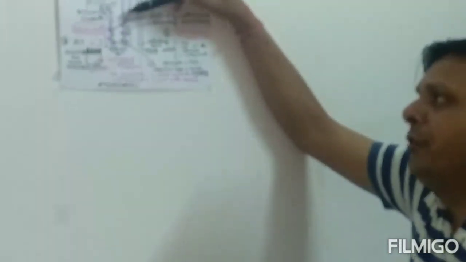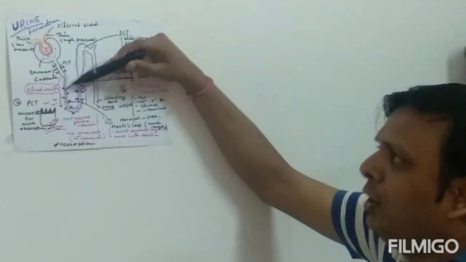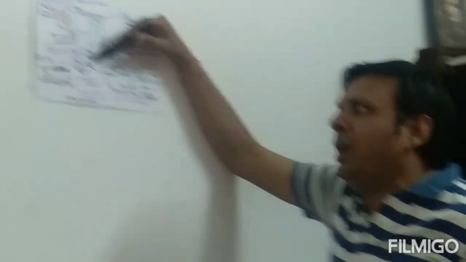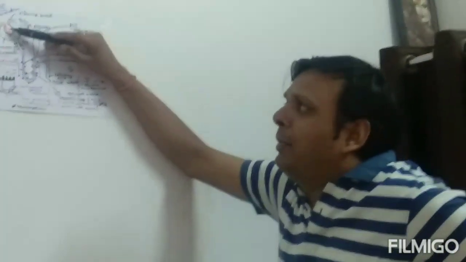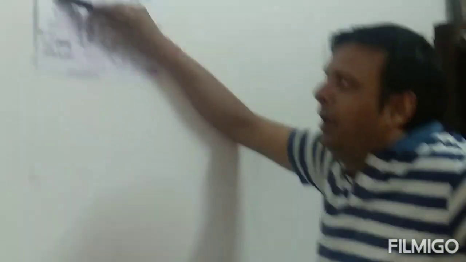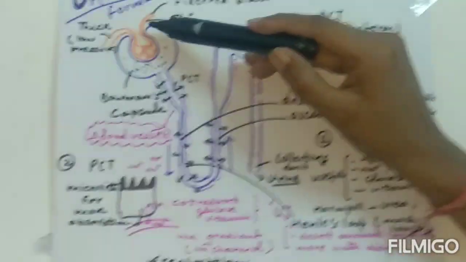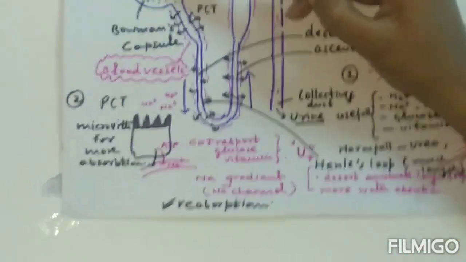The descending limb is involved in reabsorption of more and more water molecules, and the ascending limb helps in absorption of electrolytes and ions. It is also very important to remember that the blood vessel entering the Bowman's capsule has a thick diameter and the one leaving has a thin diameter. So a pressure is created which is essential to filter the blood during